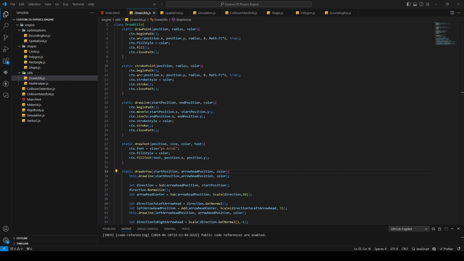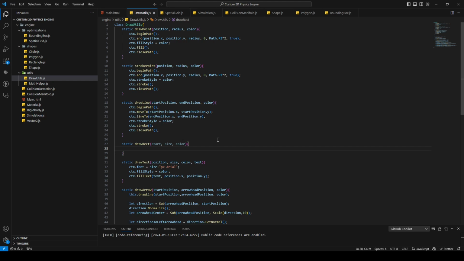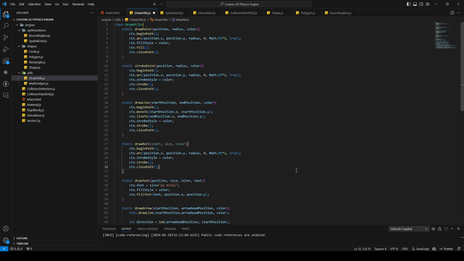In the draw utils, we first need to create, I think I'm gonna put that right under the draw line. So let's say here, static draw rect. Here I'm gonna say a start. It's gonna have a size and a color. And I'm just gonna copy this one, paste it in here,